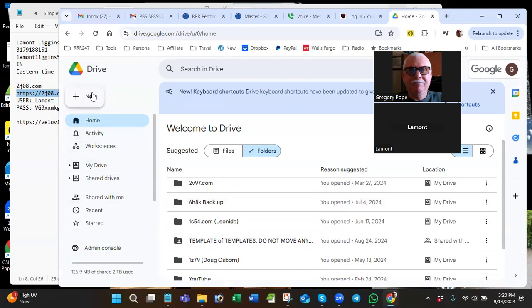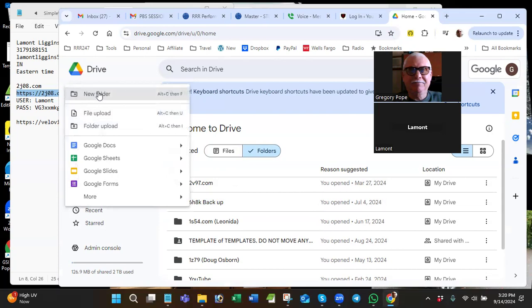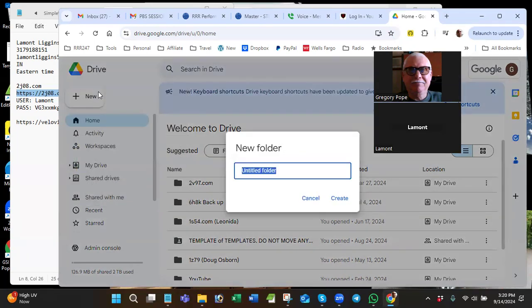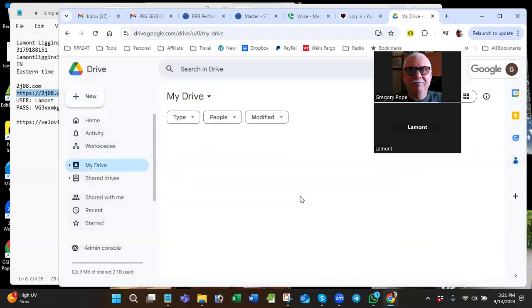So basically what you're going to do is when you get in your drive, you create a new folder, by clicking new and then new folder, and then you name it. So I'm going to name this one just for sample purposes, 2J08.com backup. And you might want to just do it exactly like this. So you have this main folder on your drive, and then you'll be able to put other things along the way and separate your stuff that way. So you create this. Okay, so now I have this folder,